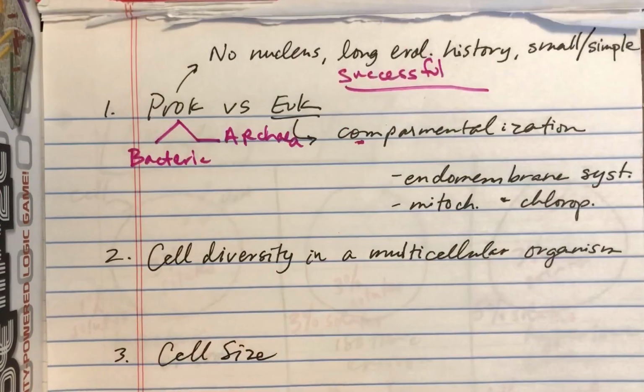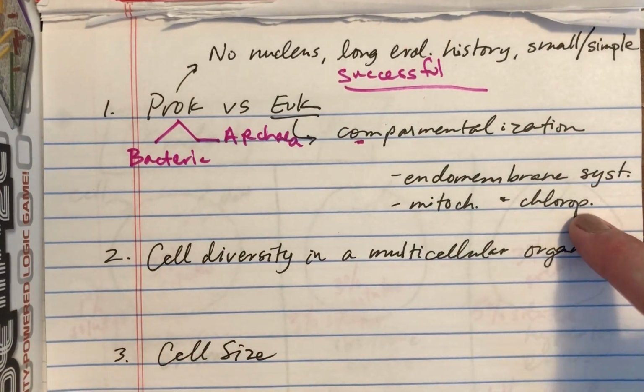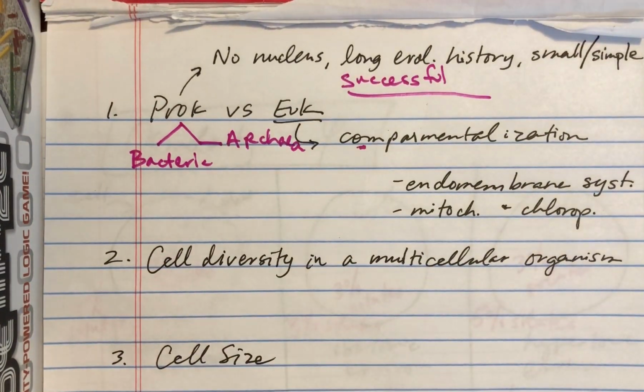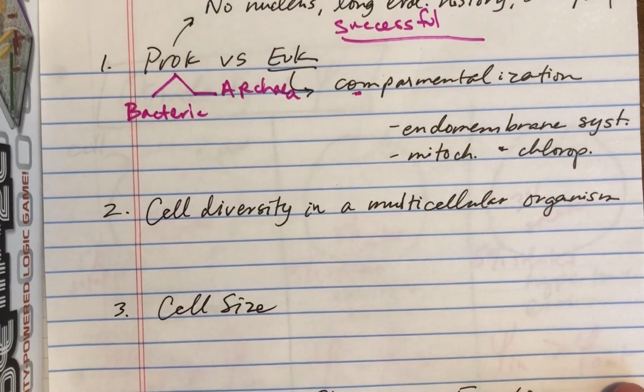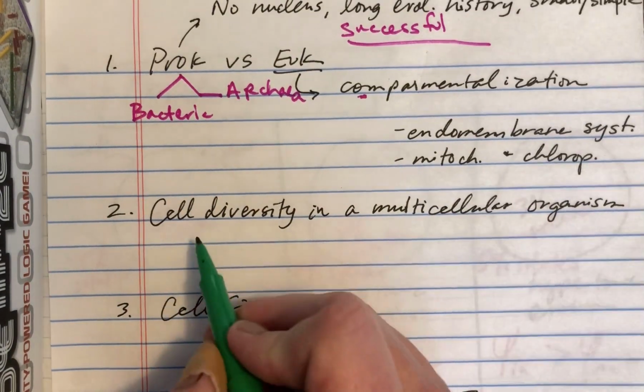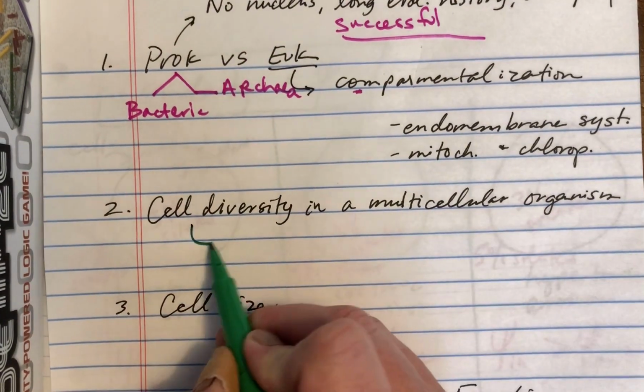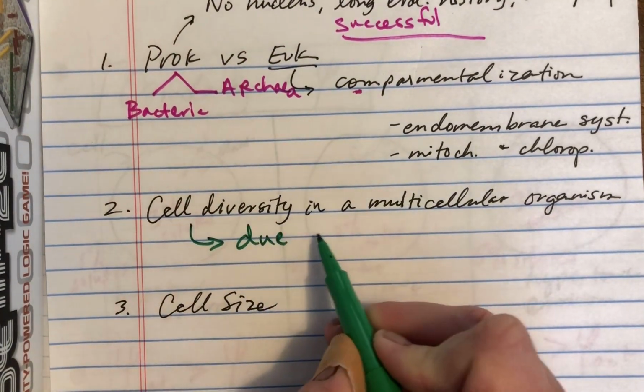All right. That was a little bit long, but now we're on to number 2. We're going to take a break in a minute. Cell diversity in a multicellular organism. This is kind of out of context because it's more about Unit 6. Cell diversity is due to